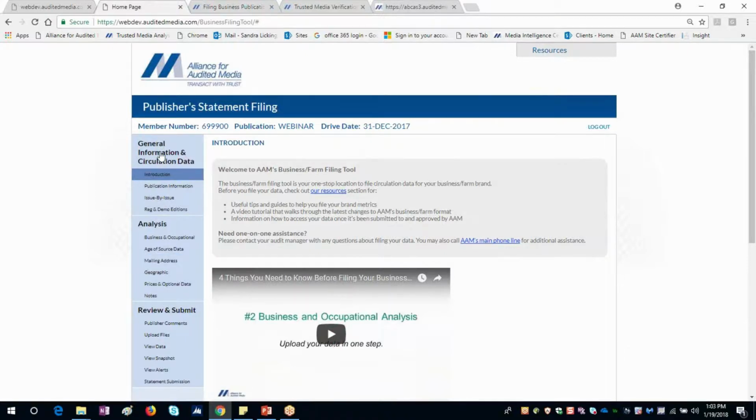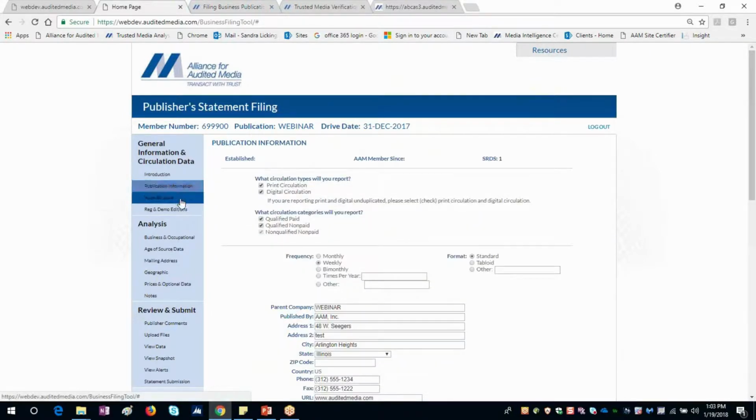You have general information, analysis, and review and submit. When you get started, the very first thing you need to do is go into the general information section, under publication information. This is really critical to do first because how you answer the questions in this survey dictates the type of distribution that's going to be reported throughout the filing tool.